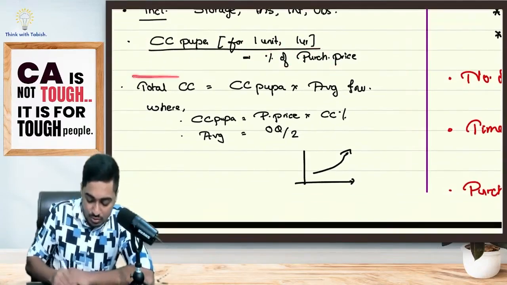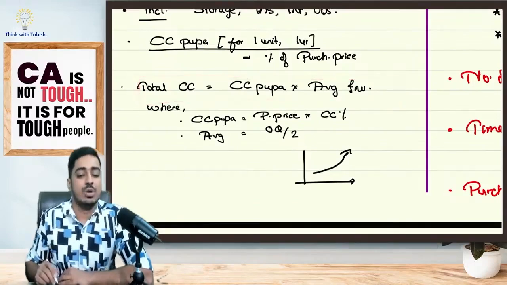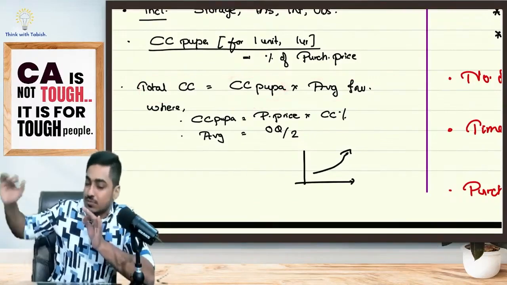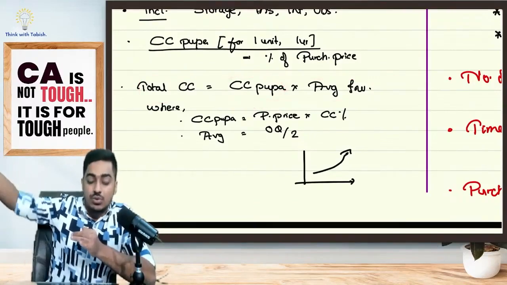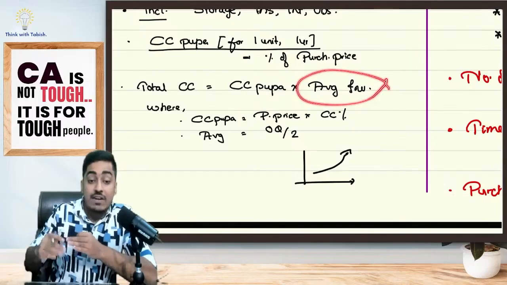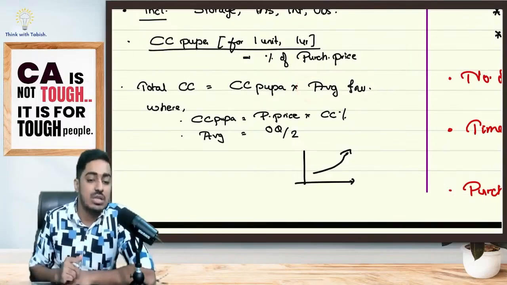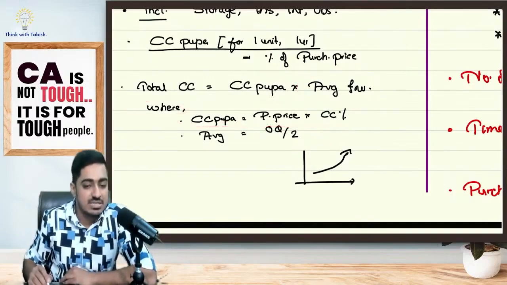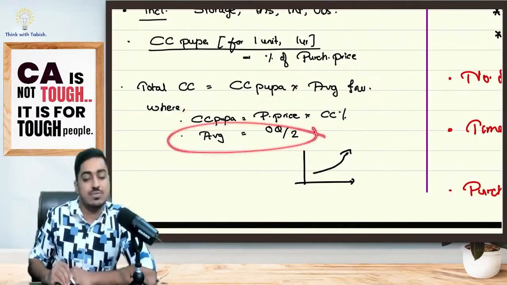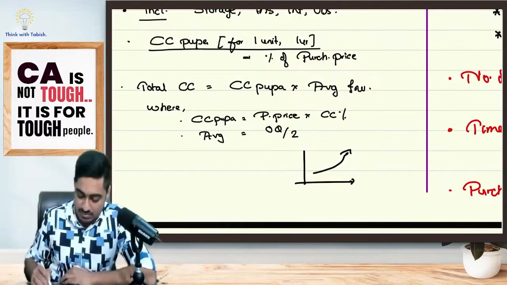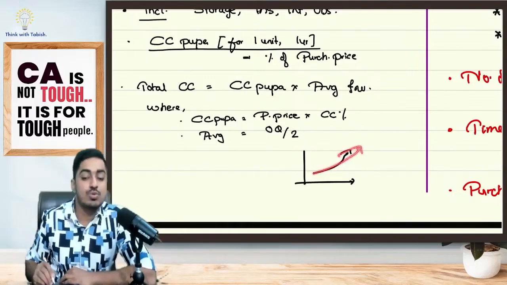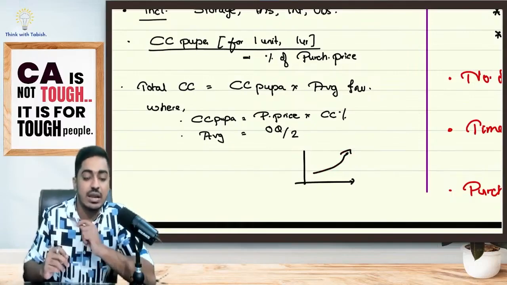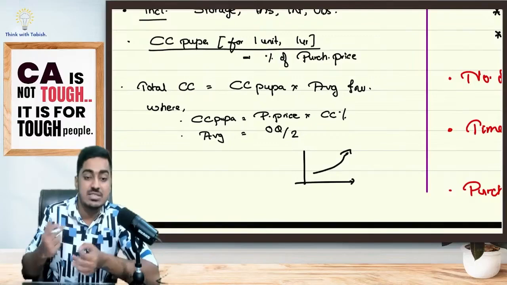Okay, sir. Now we want the total carrying cost. How do I get the total carrying cost? It is carrying cost per unit per annum, for 1 unit, for 1 year, how much is the cost, into average inventory. On an average, how many units are held throughout the year? Carrying cost per unit per annum is normally given as a percentage of purchase price, and average inventory is ordering quantity divided by 2. Carrying cost is going to be an upward sloping curve. I'm again reminding you, I'm just having a quick recap of all the concepts that we have discussed logically.